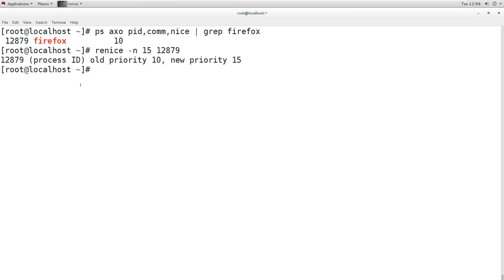Now you can see it is saying for this process ID the old priority was 10 and the new priority is 15, and we can verify by the ps command. Now we can see it is showing the nice value is 15. So we can execute a process with a specific nice value, or we can change the nice value if it is already executing. Based on the nice value, it will get the priority.